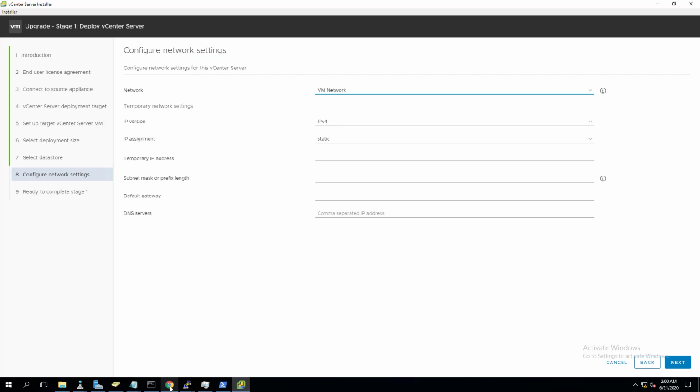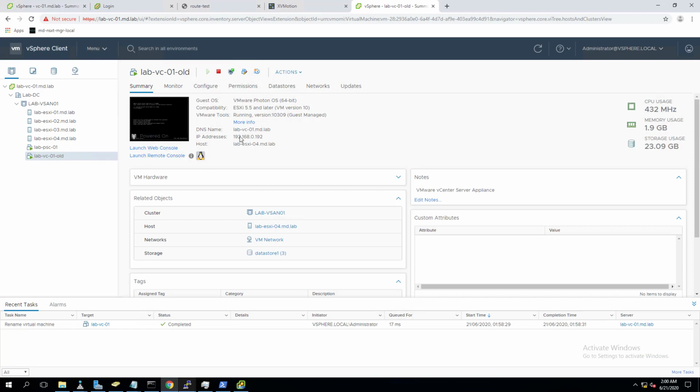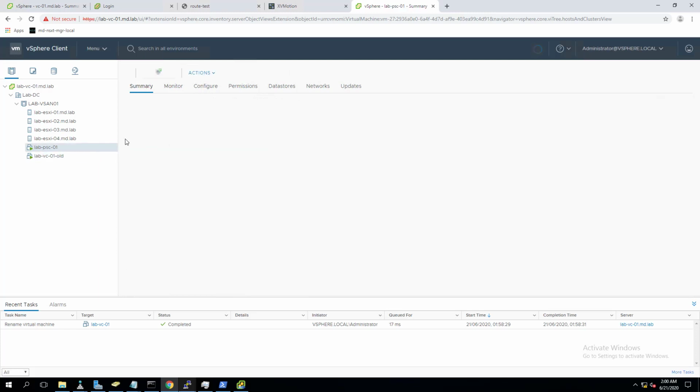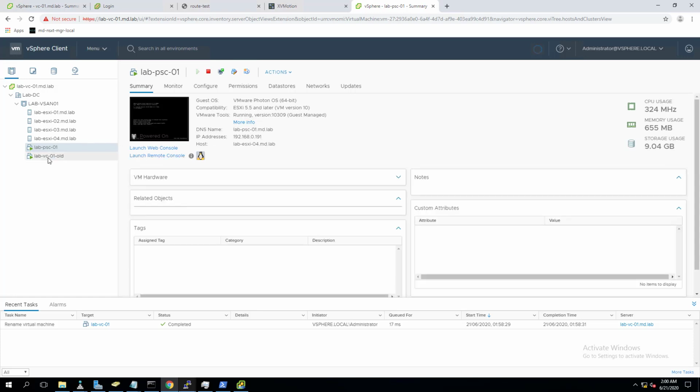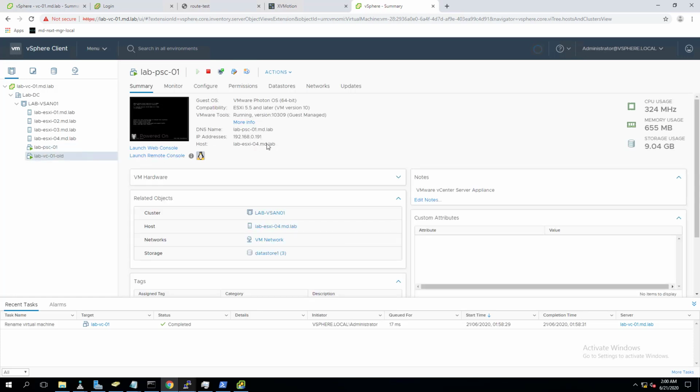So this will be a temporary IP address. As of now, my vCenter server is assigned 192.168.0.192. After the upgrade, we want to use the same IP address. But during the upgrade process, we have to specify an unused temporary IP address so that the new vCenter server 7.0 appliance will be deployed and temporarily configured with it.